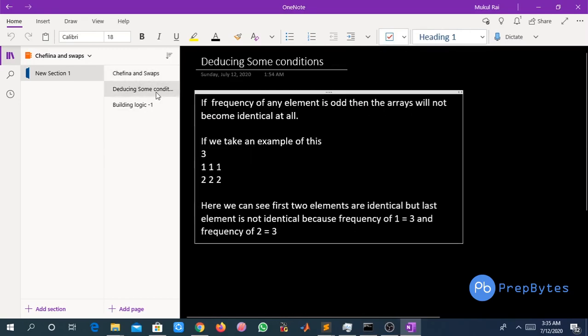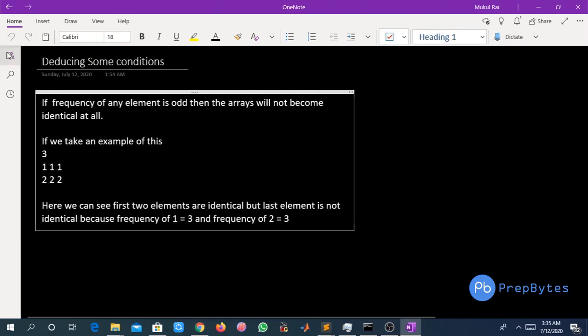So let us try to find some conditions from this question, right? If the frequency of any element is odd, then the arrays will not become identical at all, because we want both the arrays identical.